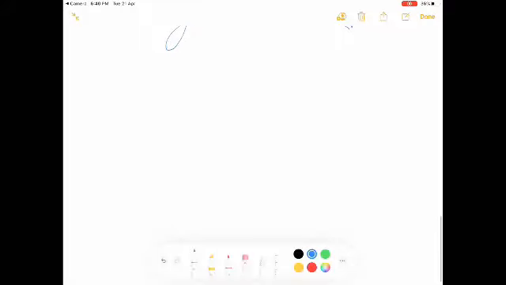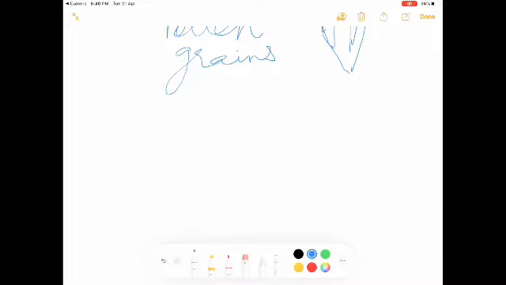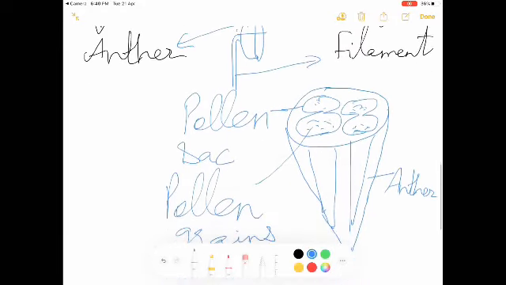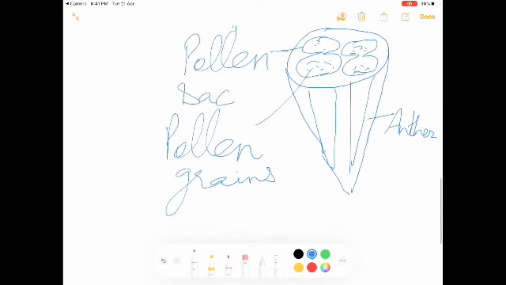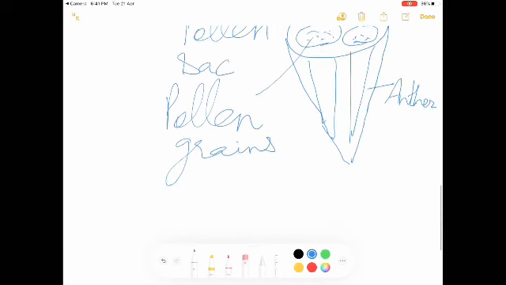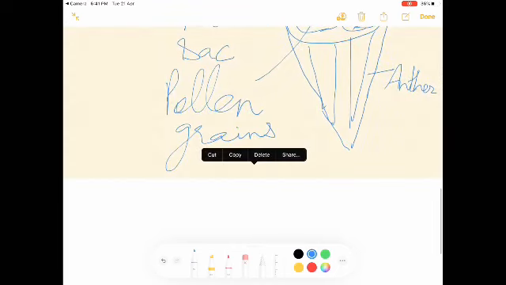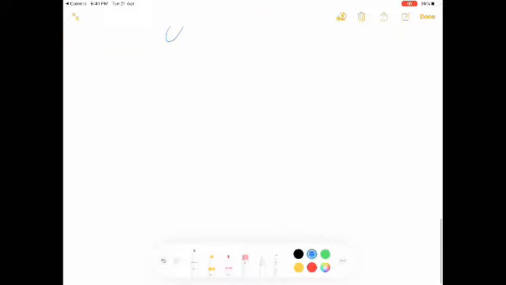Now next, I'm going to explain the different types of androecium. Students, in androecium the stamens are arranged in various manners. Sometimes they are free, sometimes they form groups. So according to their arrangement or grouping, we are going to give the types of androecium. There are four types. Number 1 is called